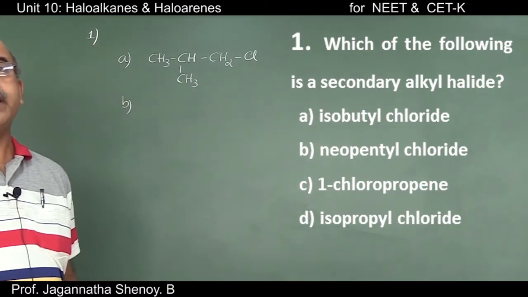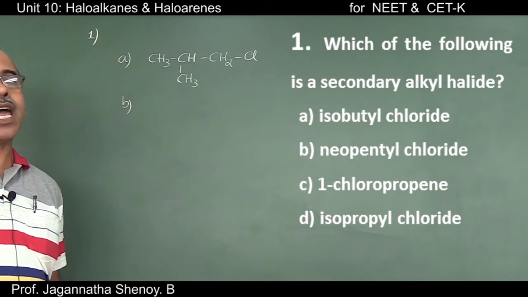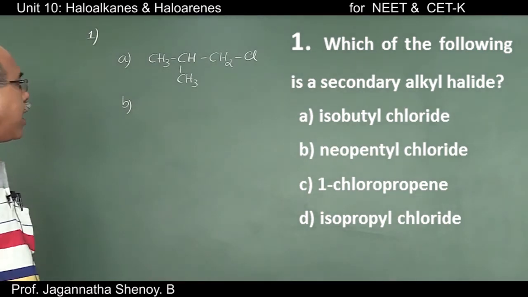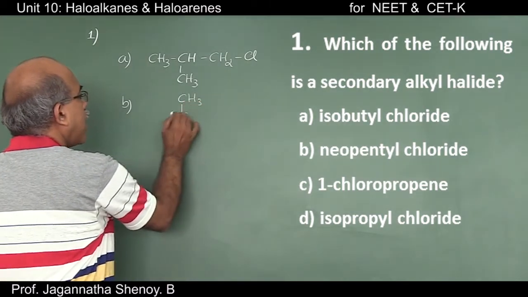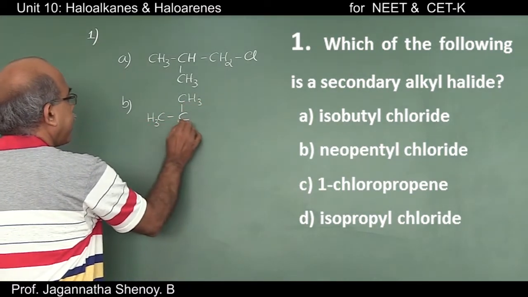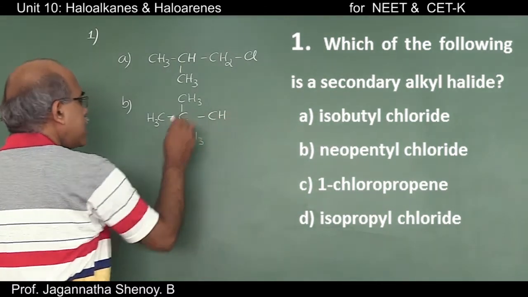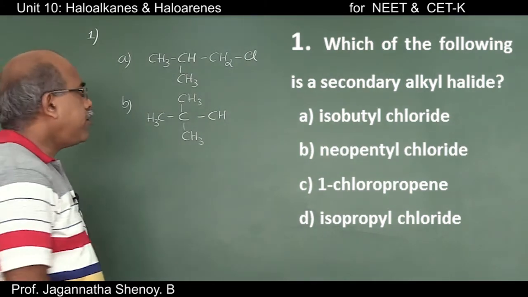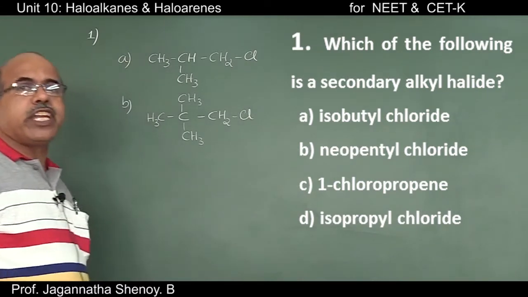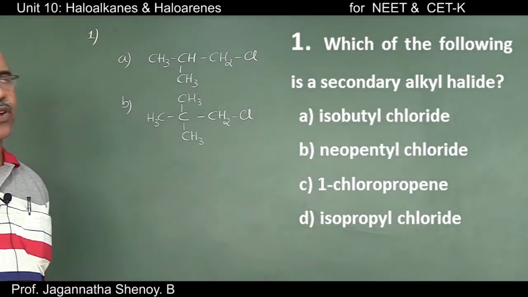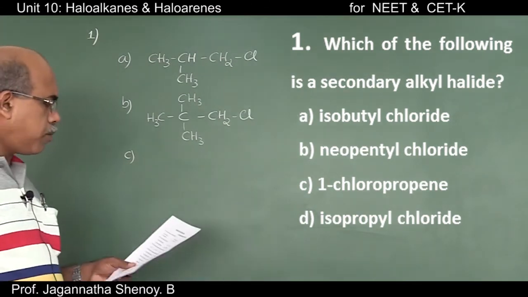You know, neopentane is the most symmetric, the simplest alkane that you can think of. Here, a carbon atom is connected to 4 methyl groups this way. Now, on this CH3 group, if one of the hydrogen atoms is replaced by a chloro group, what we get is a neopentyl chloride.